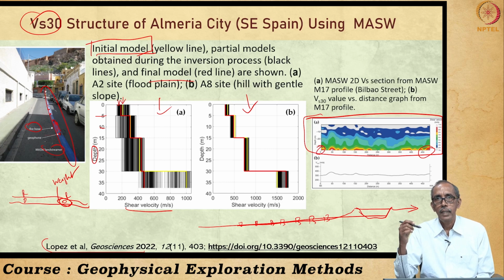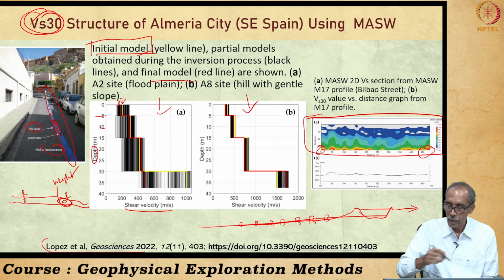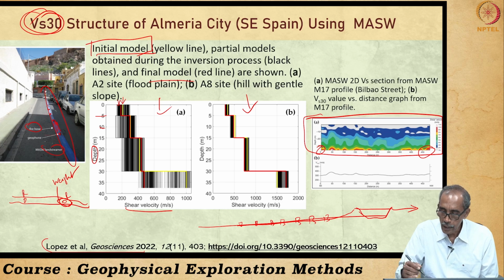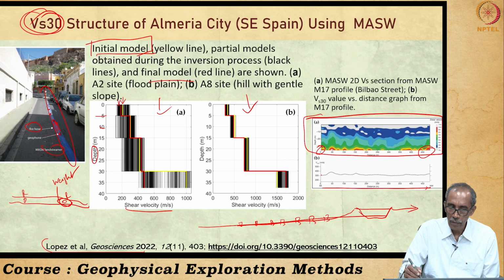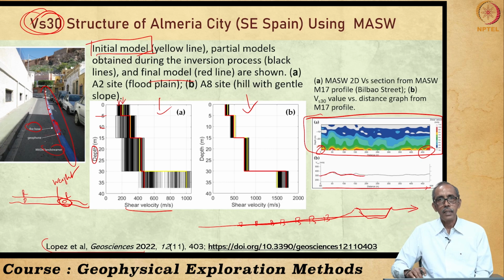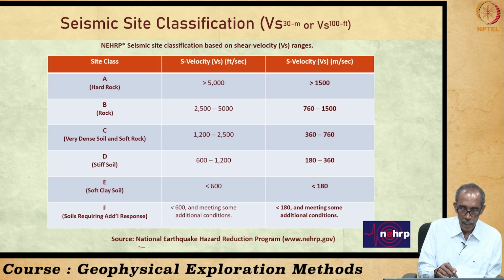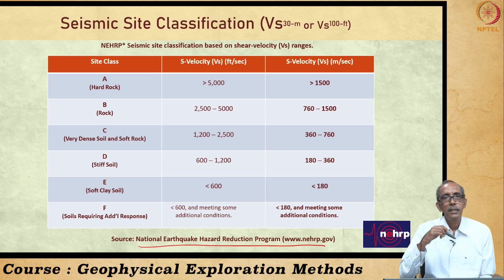Then from here they picked out the velocity at a depth of 30 feet, and that alone has been plotted separately, showing how the velocity Vs30 varied along a profile. It was almost around 300 meters. Why Vs30? It is internationally accepted as per the National Earthquake Hazard